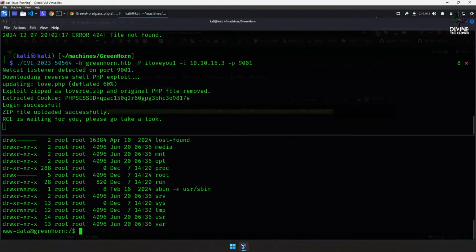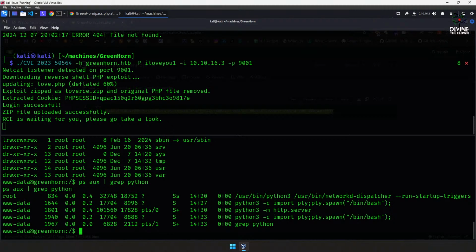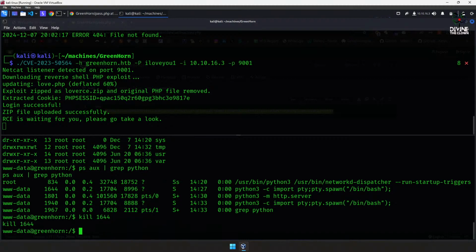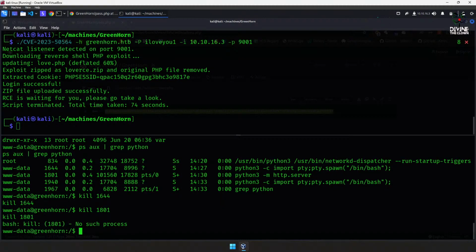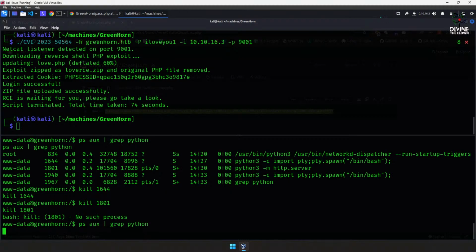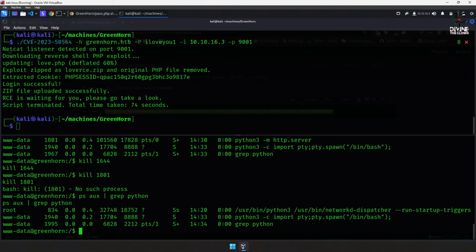ls -la, root. Okay, ps aux pipe grep python, kill this one, which is probably the old one, and kill this. No such process. Enter. Okay, this shell has been killed, so it won't be able to keep up with that. Understandable. So